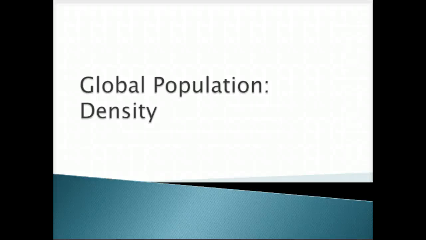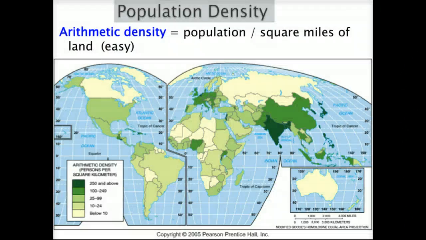Hi everyone, this video is going to take a look at global population and its density. As you remember from the first chapter, we briefly looked at the idea of density and distribution in terms of the different aspects of distribution, and one of them was density. So we started looking at the three specific ways we can describe density: arithmetic, physiological, and